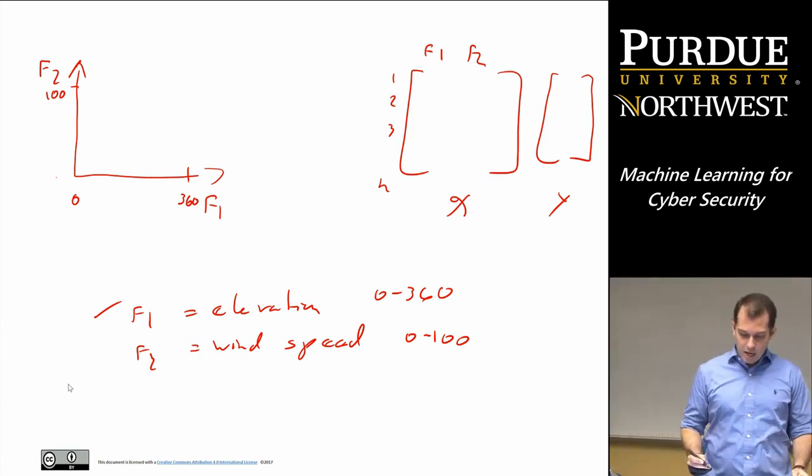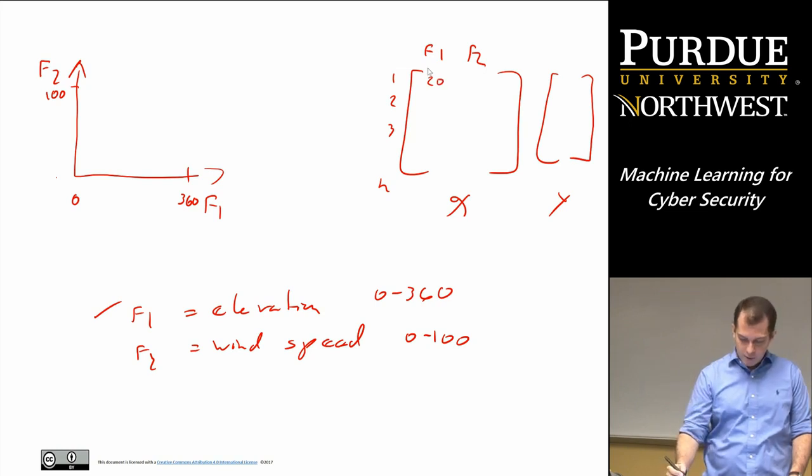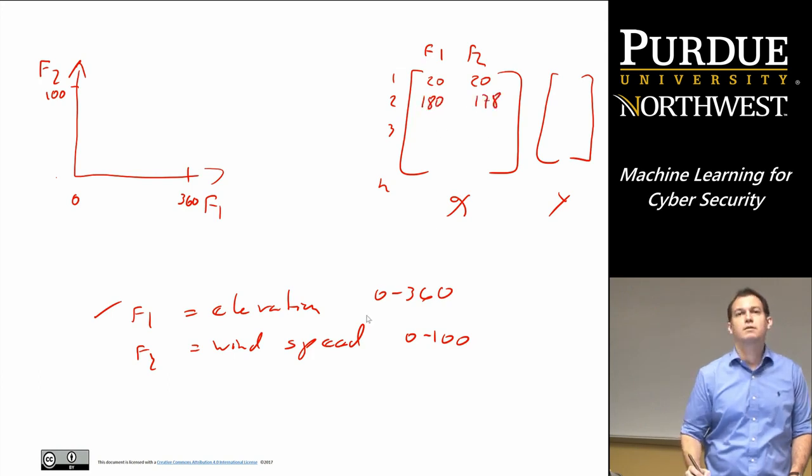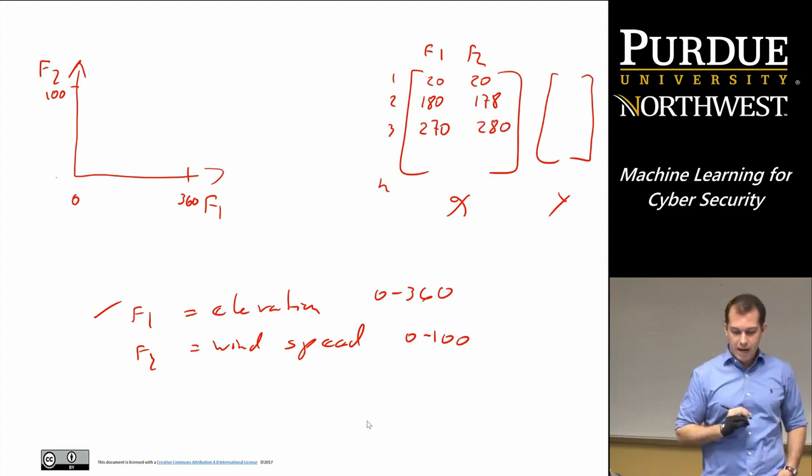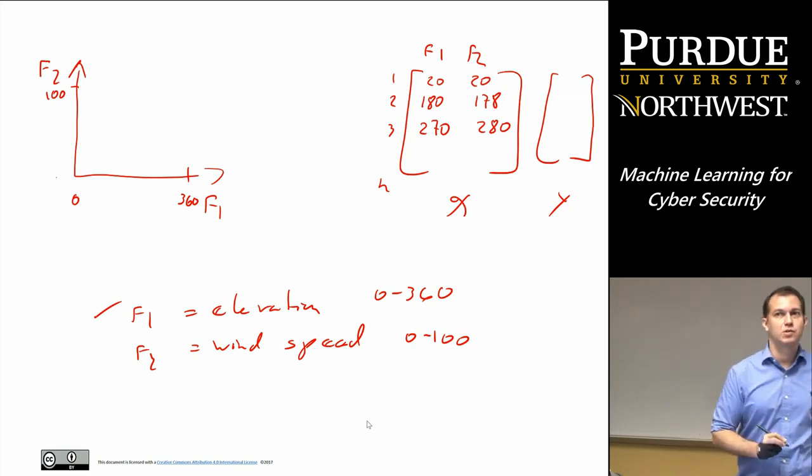So for instance, I have one sample here, right? And one sample is, let's say, 20, and these may be wrong, but I'm just making this up. 20 and 20. Do you see that? And then the next sample might be 180 and 178, right? And then a third one might be 270 and 280. So now I can plot this, right? That's why this is so important, because once you put it into a Cartesian space,